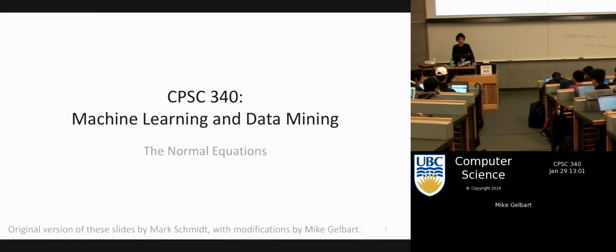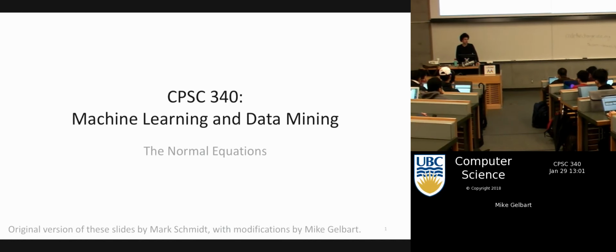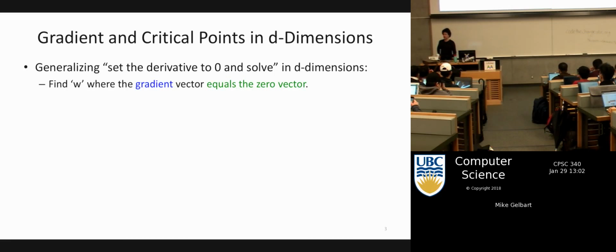Today we're going to be continuing on the linear regression stuff that we talked about last time. So what happened last time was we talked about linear regression. We derived in one dimension this closed form expression for W, which is our parameter or weight in linear regression. We talked about the intercept last time and how you can just create another feature, and that serves the same purpose as the intercept. And today we're going to generalize everything to d dimensions,